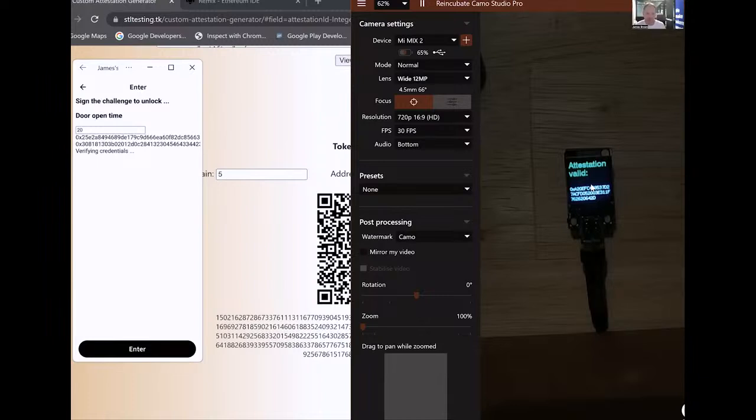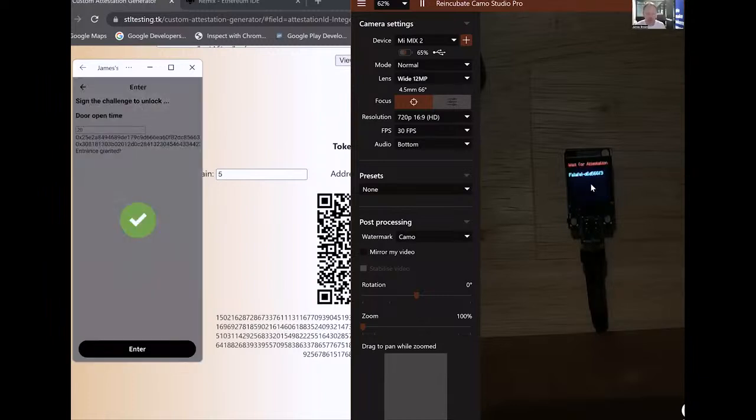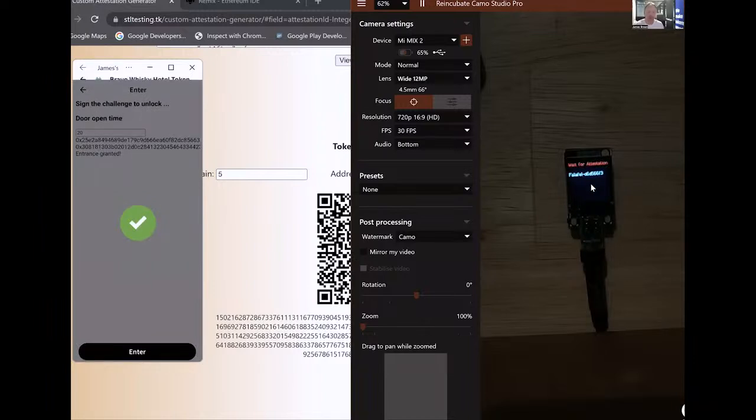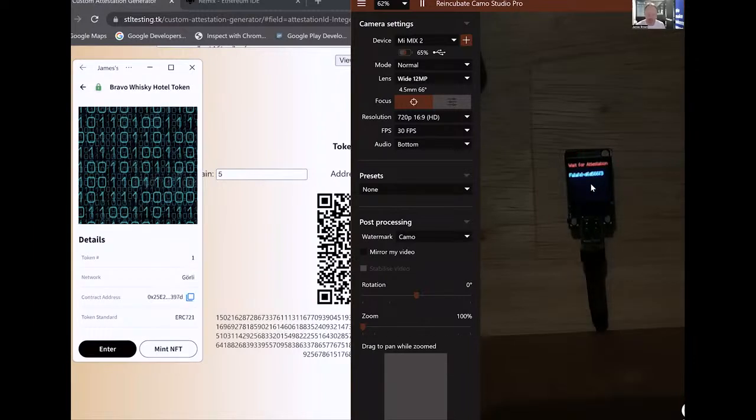To make this work, there's quite a lot of components involved. What we've got here is something that generates the attestation, which is going to be the back end of a payment system. We have a way of importing attestations into our blockchain wallet. That's another important part of it. We have three components that we've worked on here at Smart Token Labs.